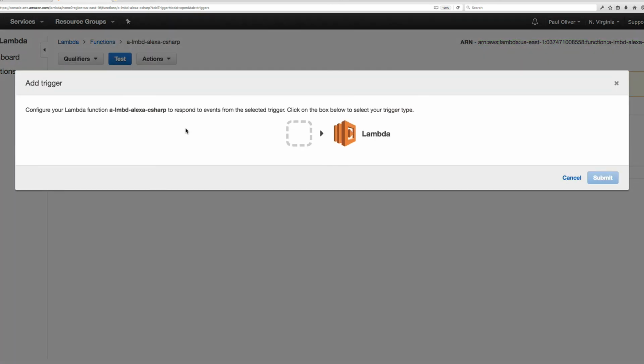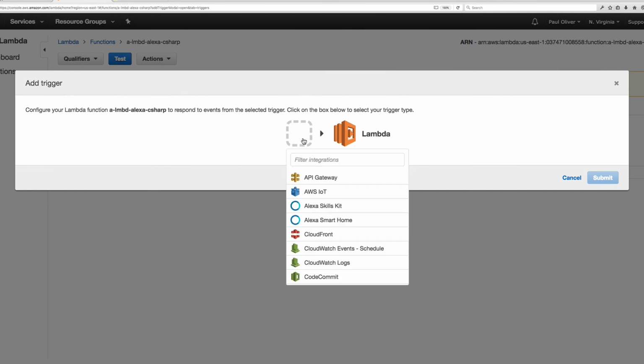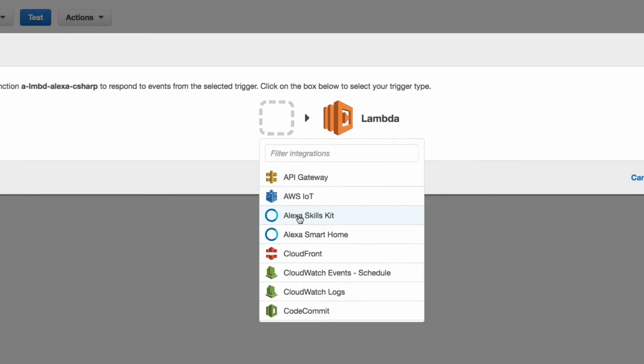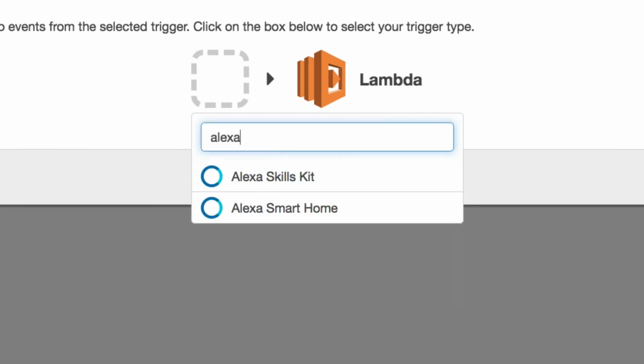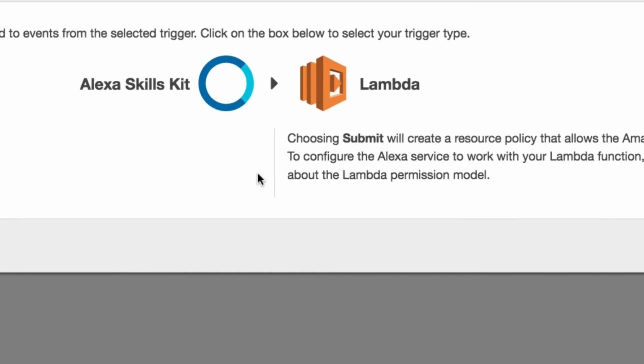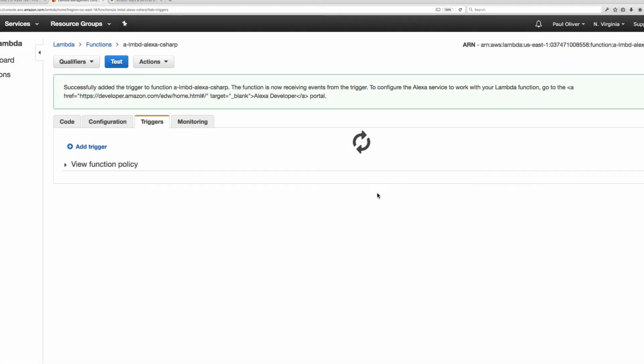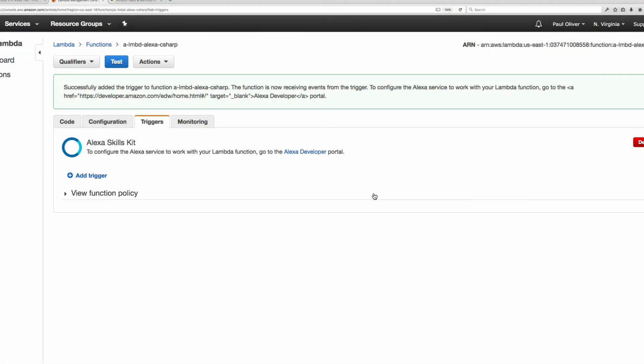Let's add a trigger though, and click on this little box here, and you'll see Alexa Skills Kit listed there, and there's going to be a listing of things. You can filter it if you're not seeing it, but choose Alexa Skills Kit and then hit submit, and now you're giving Alexa the permissions to launch this Lambda function. I mentioned this ARN is important. Let's take this,